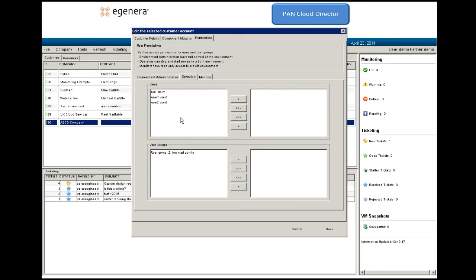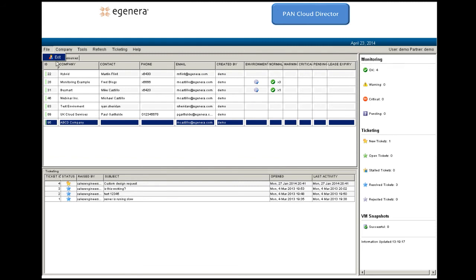I can go to operators and click on my user 2. He's now going to have operator privileges for this particular company. And again, the same thing with monitor. I can choose user 3, and he's going to have monitor access for that. So now that I've got my permissions set up for that particular company, I can log out,